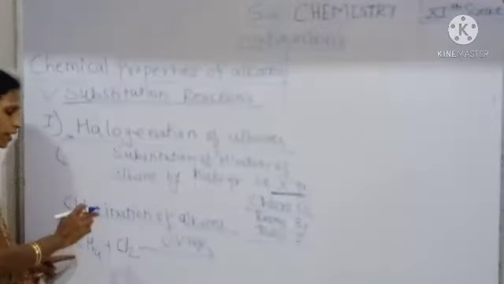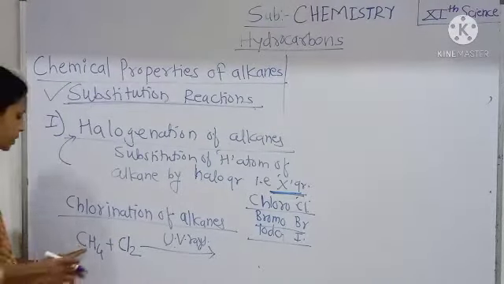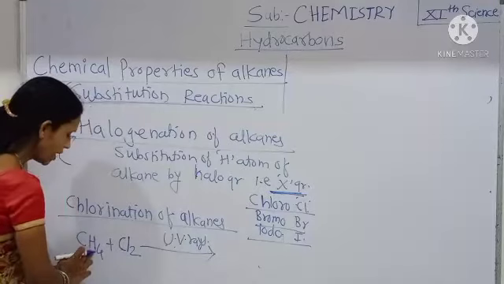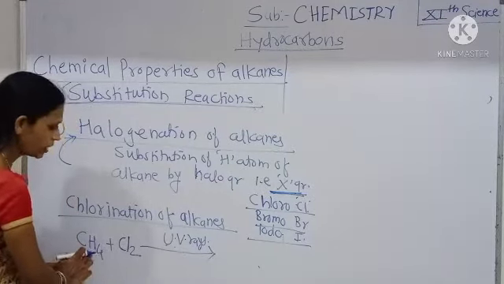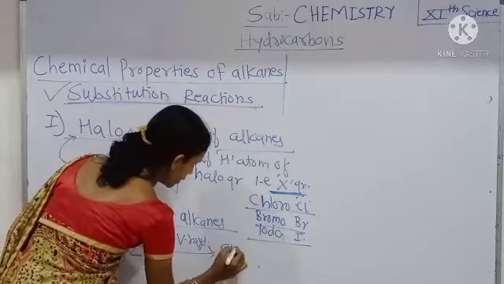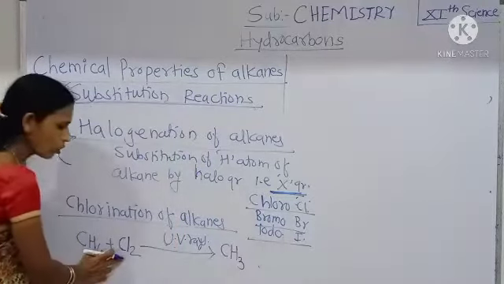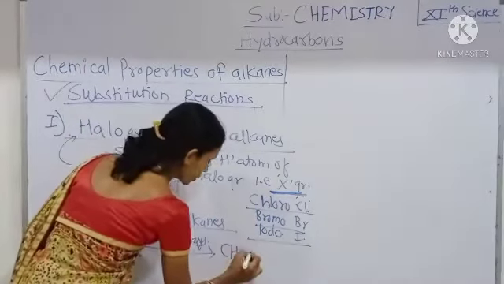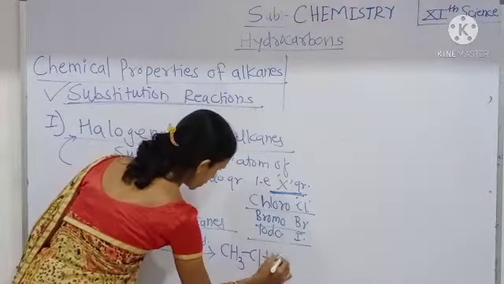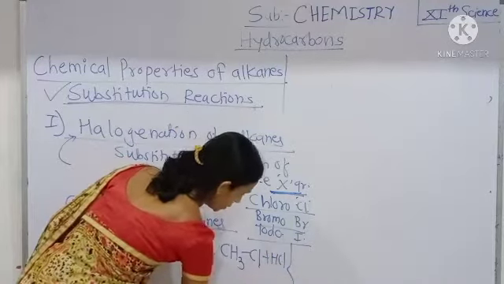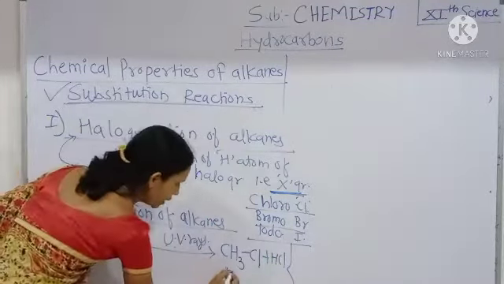Here a substitution reaction takes place: hydrogen of the alkane is replaced by a chlorine atom. Therefore, CH3Cl plus HCl, that is methyl chloride,